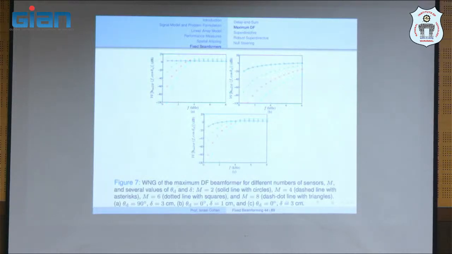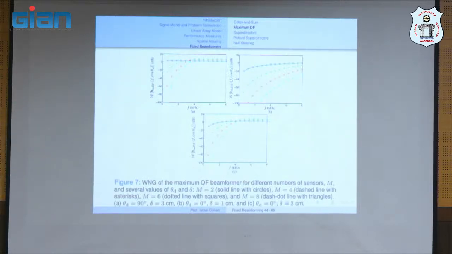So in terms of white noise gain, the Delay-and-Sum is better. In terms of the directivity factor, the beamformer that maximizes the directivity factor is better. Of course, we can compare the two, but it depends on what your performance measure is. Okay, now the question is,